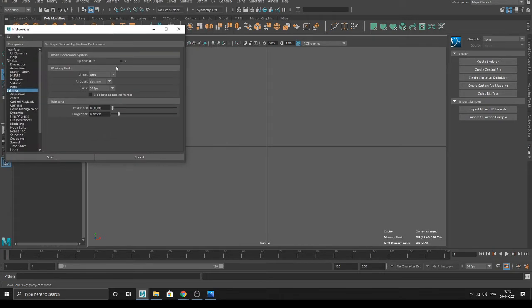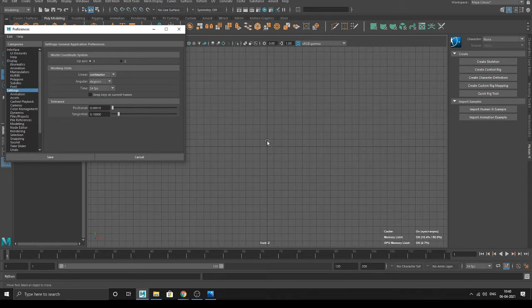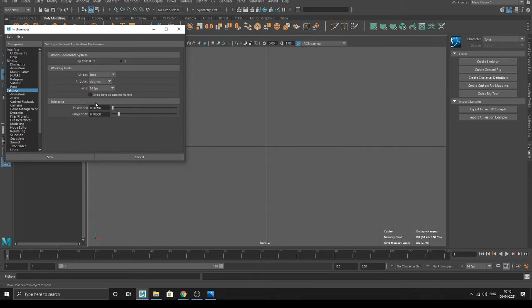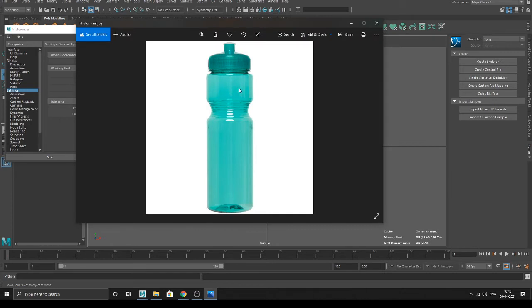So now look here, it was centimeter, the boxes were small. Now I'll change it to foot. Why am I taking foot? It is my personal preference, because for now I don't have any given measurements for this bottle.